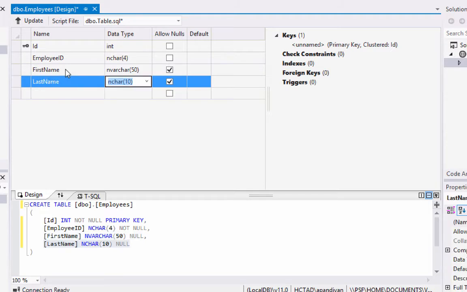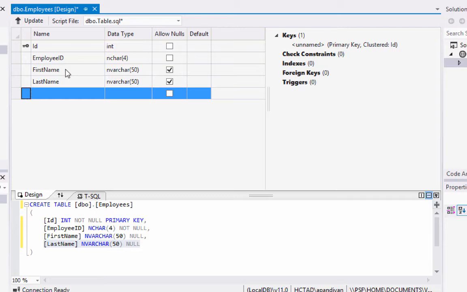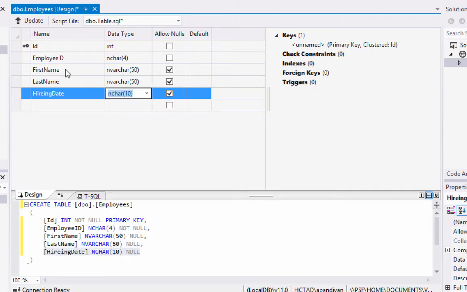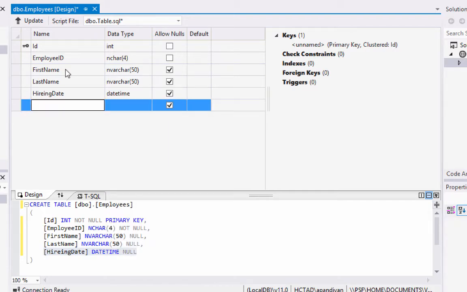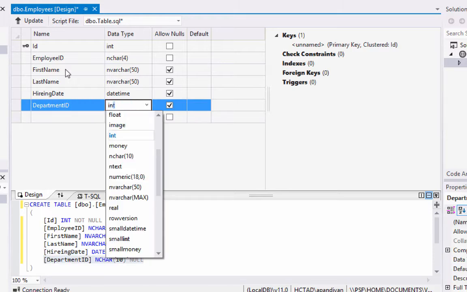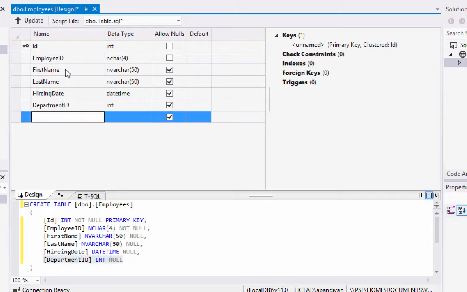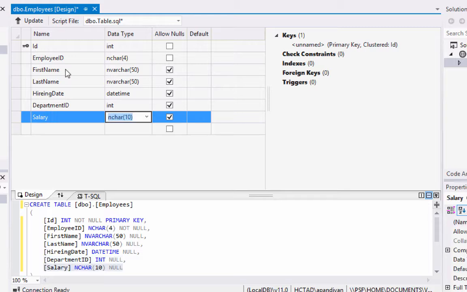Last name again, and each employee has a hiring date, and the column I'm going to give it as date time, and he will have a department ID which is integer, and salary which is going to be a money,